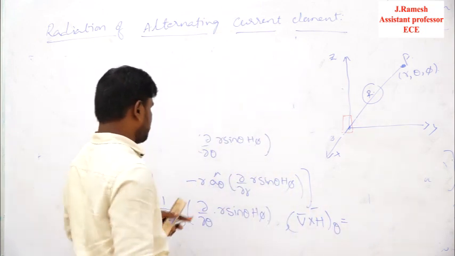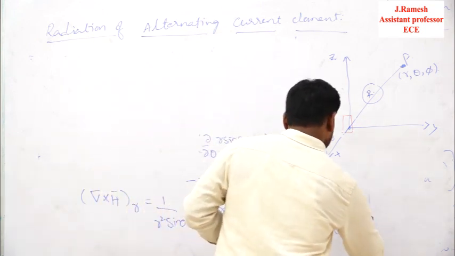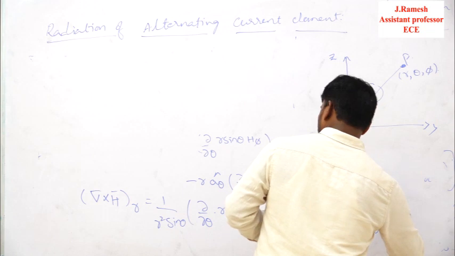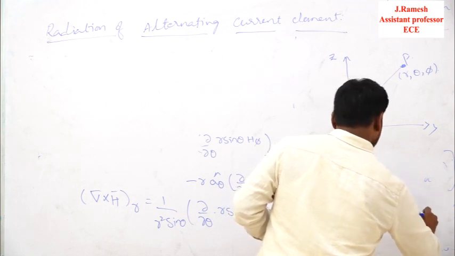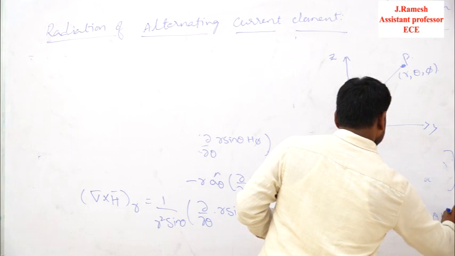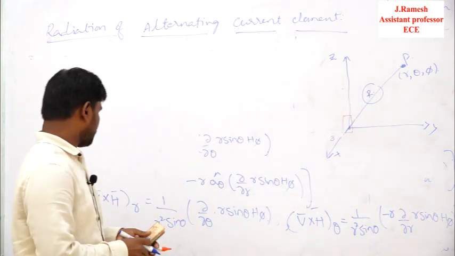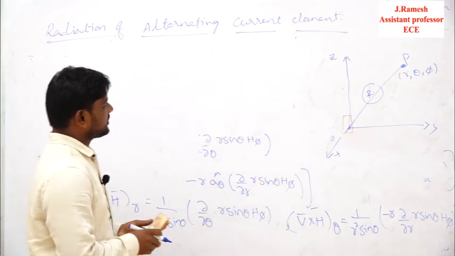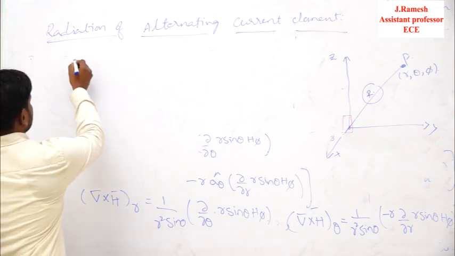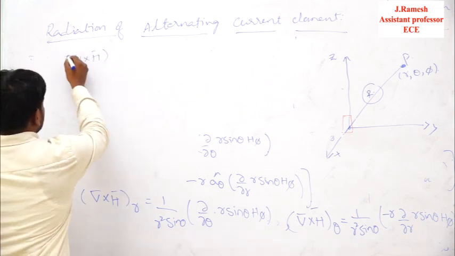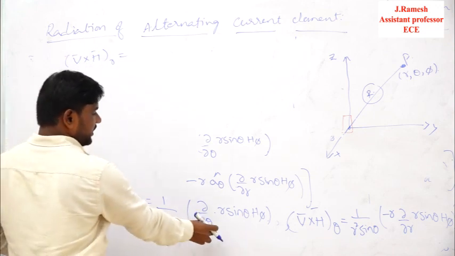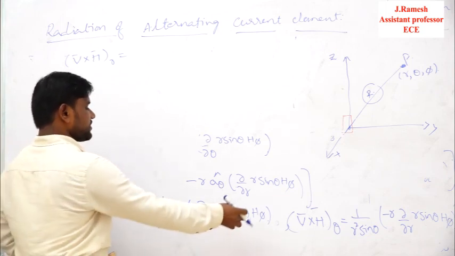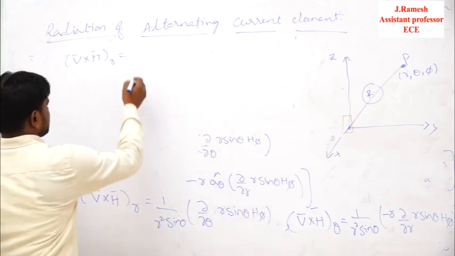So the theta component is simply given as minus 1 by r square sin theta multiplied with minus r into dou by dou r into r sin theta h pi. So this is the equation for the r component and the theta component. If you just observe the r component, the r component of del cross h bar is given as follows. Here we are differentiating with respect to theta, so you can take r as a constant; otherwise first substitute h pi, then take the constants outside.